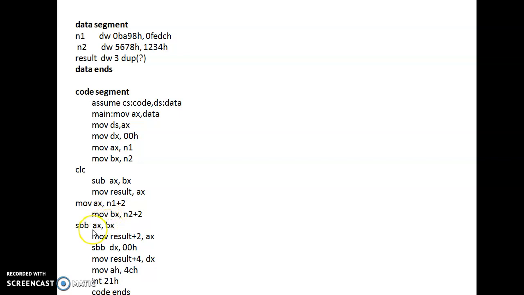If anything is borrowed, then already we have cleared the CLC, clear carry flag, that will be stored in the carry flag. Then we are using the move result. Result already we have used once. So I am adding next two addresses and taking move result plus 2. After that it will go on to the next two registers, and I am using an SBB DX comma